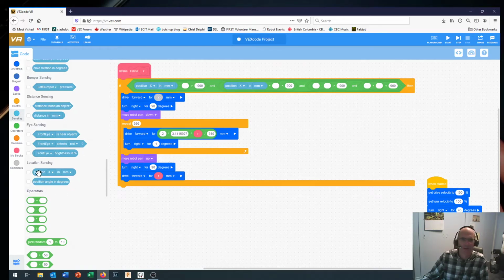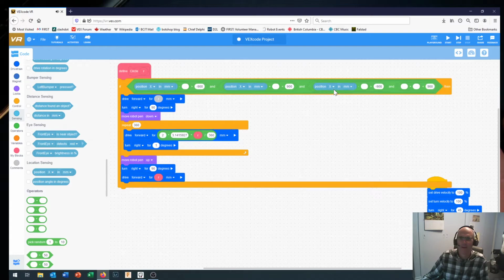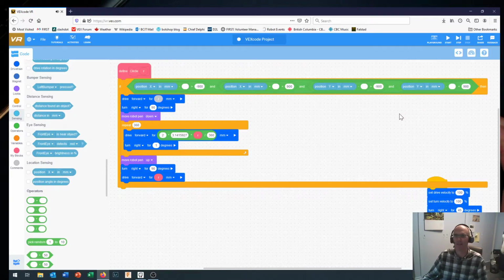And then we're going to have our position Y. Change that over to Y in millimeters, and our position Y in millimeters. Oh, something got wiped out there. Where'd the minus sign go? This is one of the issues that I have with the drag and drop interfaces. They're great for getting started out, but after a while,